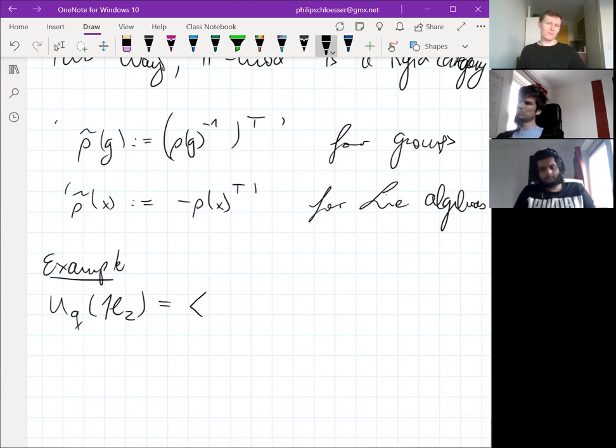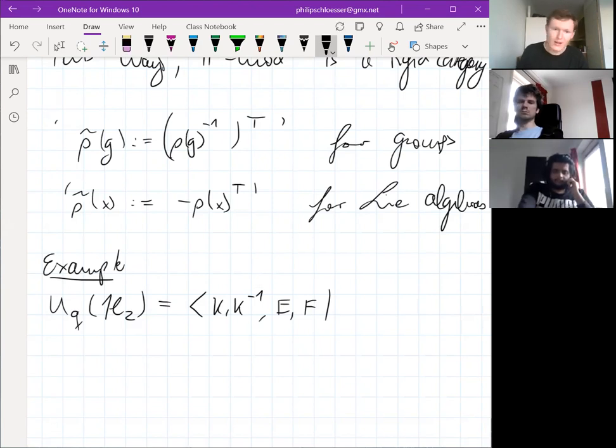As you might recall, the universal enveloping algebra of sl2 is generated by two elements E and F and H, the angular momentum in Z direction, and J plus and J minus if you want. But in this case, we are going to do it a bit differently because it's in fact generated by those three things, subject to some weird conditions,